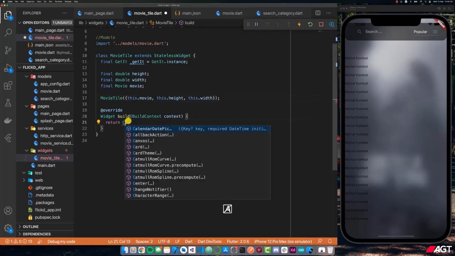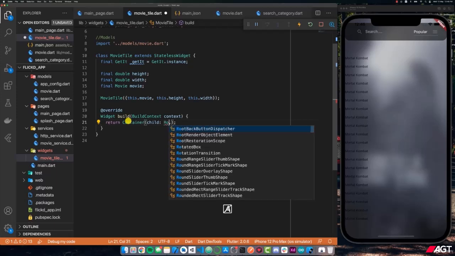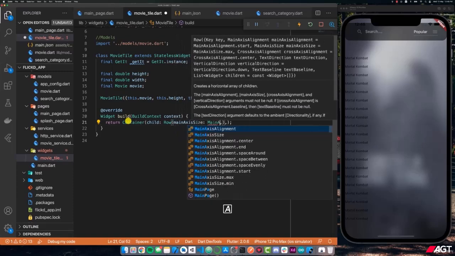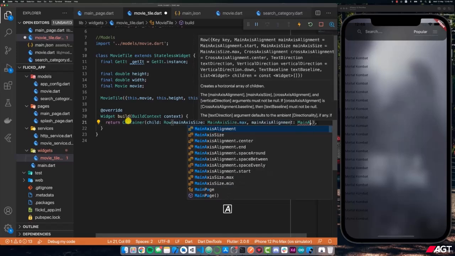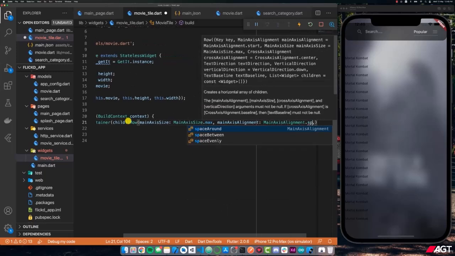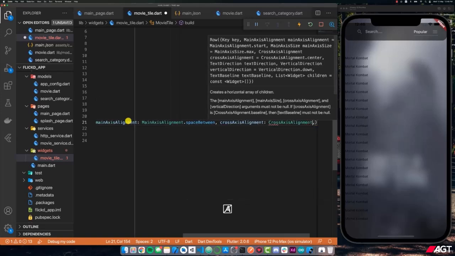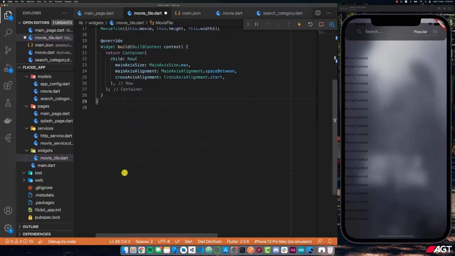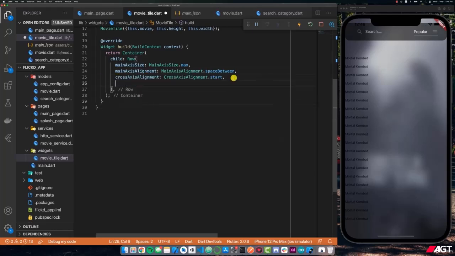widget. So for our widget, I'm going to return a Container. This container is going to have a child, and this child is going to be a Row. And then this row is going to have a mainAxisSize, and the mainAxisSize is going to be MainAxisSize.max. Following that, we'll have a mainAxisAlignment, which will be MainAxisAlignment.spaceBetween, and finally we'll have a crossAxisAlignment, and the crossAxisAlignment will be CrossAxisAlignment.start. With this, I'll do Alt-Shift-F, and you're going to see that we've defined the necessary attributes for the positioning and sizing of our row,